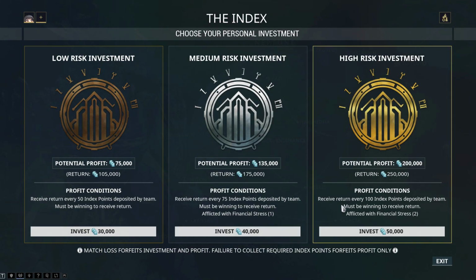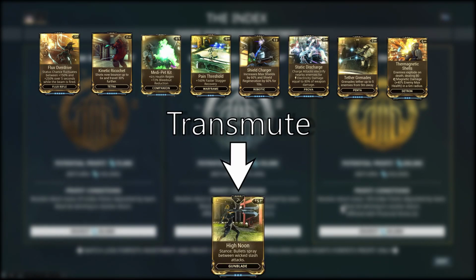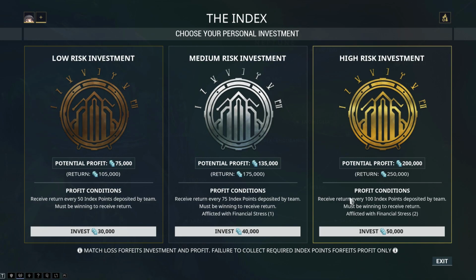Enemies on the Index also drop a lot of rare mods which you can transmute to get other rare mods, and it's a way to get small amounts of platinum. So overall, the Index is pretty much a win-win game mode to play. I will touch upon the topic in my credits farm video as well, so if you'd like to see that,